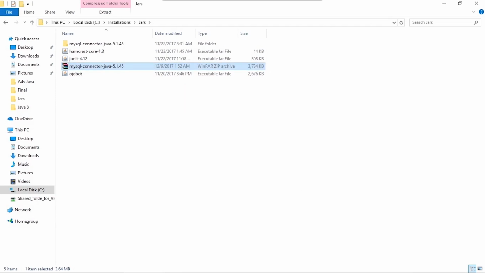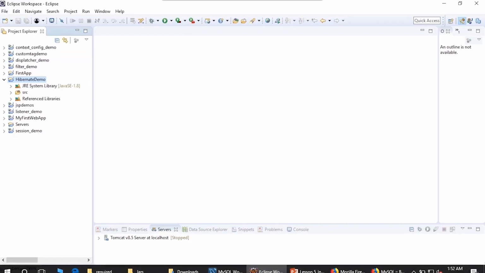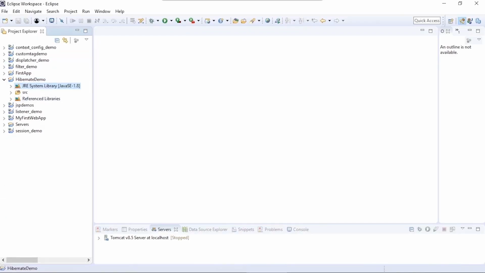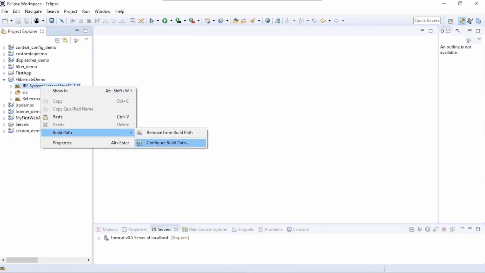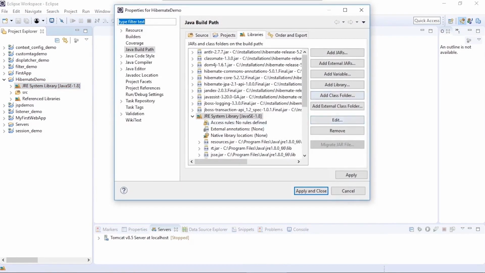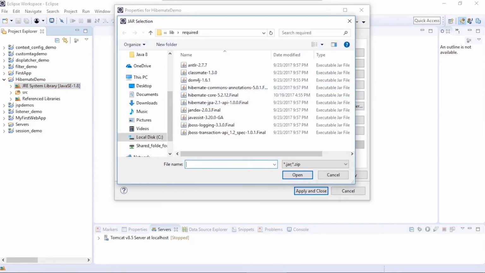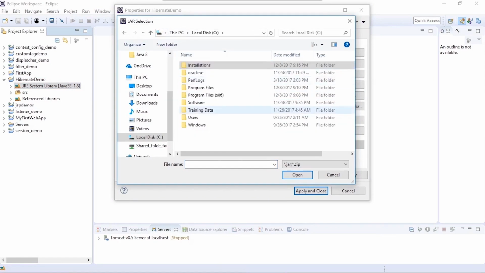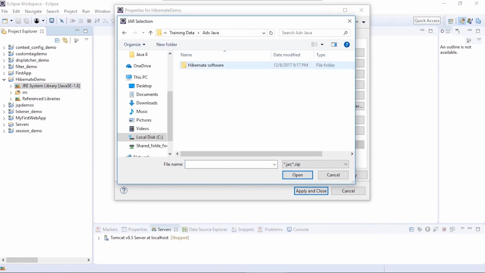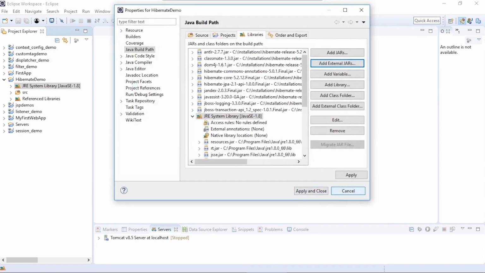Now the moment that is done, we'll come to our Eclipse. We'll again go to build path and configure, add external jars, go back, let me go to my jars folder, and okay, doesn't figure out, so let me check again.